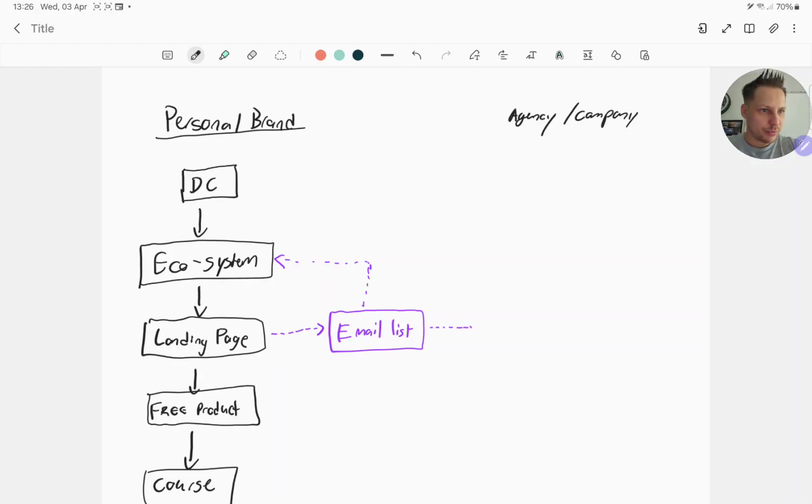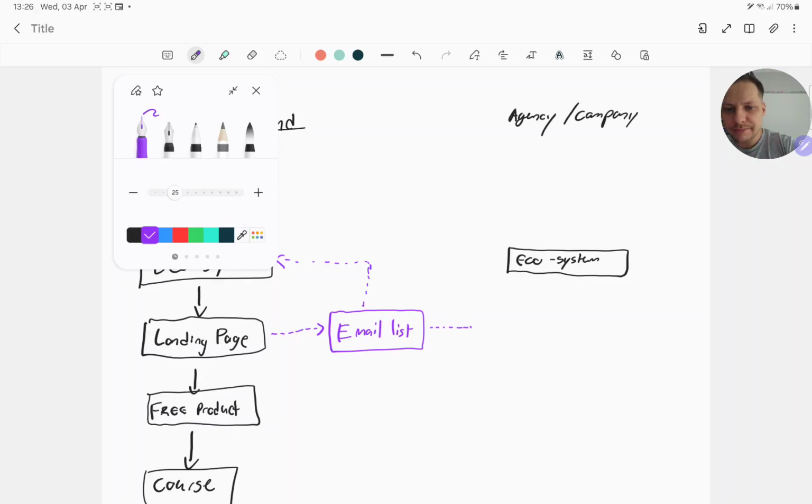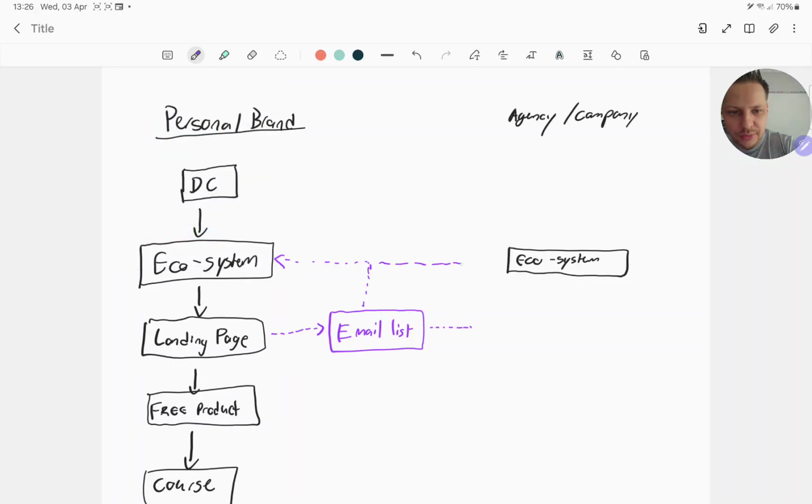Okay, and you can also create content separately for this company, or you also have the ecosystem, right? So you have the social media accounts where you're posting for your brand about what you do, and you use your email list over here to funnel people this way.